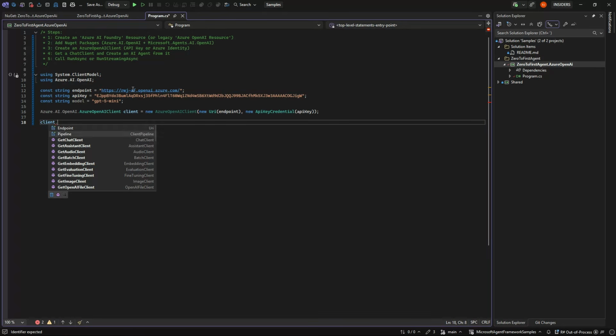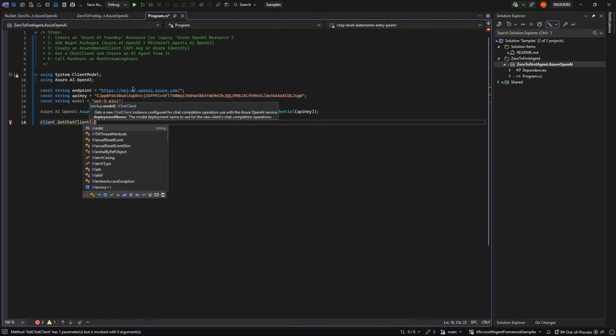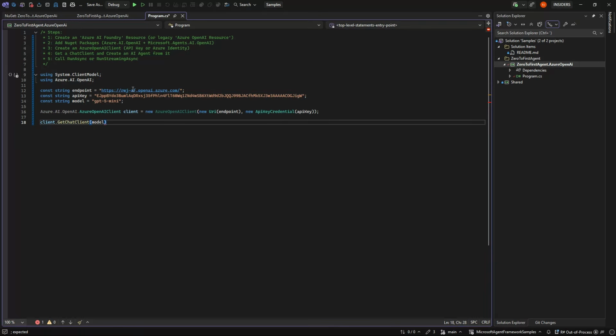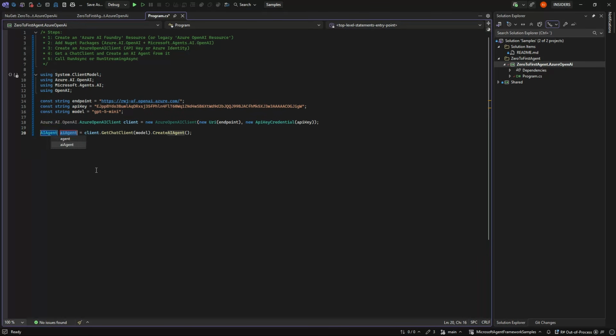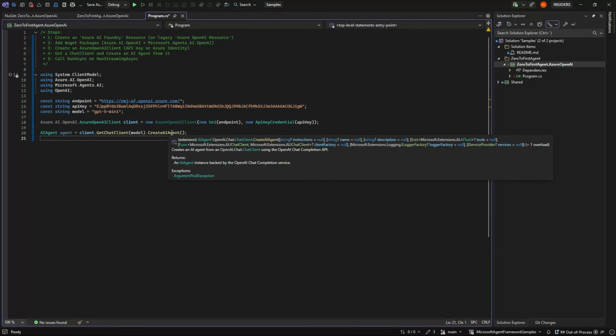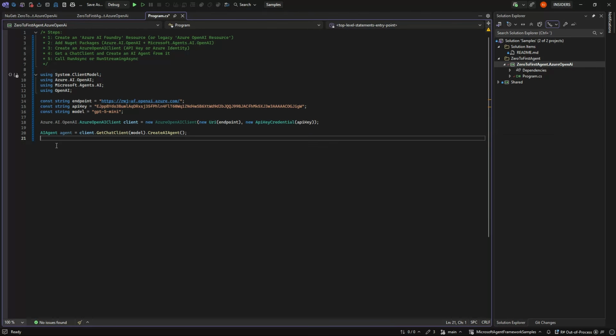The client itself needs to give us a chat client because we want this basic model. Later we can use more advanced stuff, but we just want our model. Here we could then use the raw Azure OpenAI, but because we want the agent, we want to say create AI agent. In doing that, we will get an agent. On purpose, I won't go into more details, though you can put a lot of extra things in here and do a lot of extra response handling and so on. That will be separate videos in this video series.